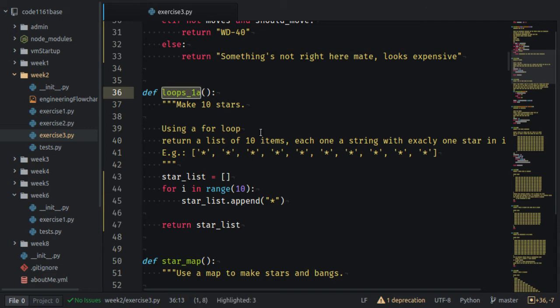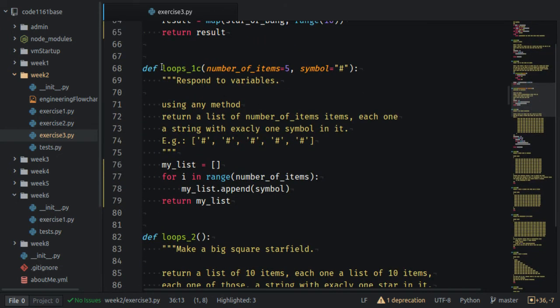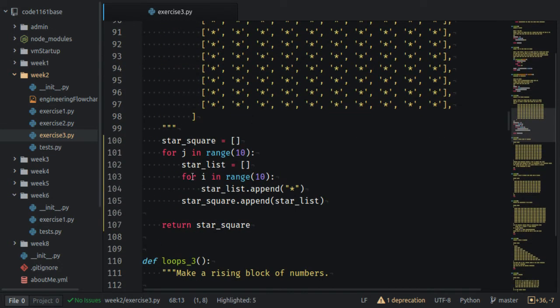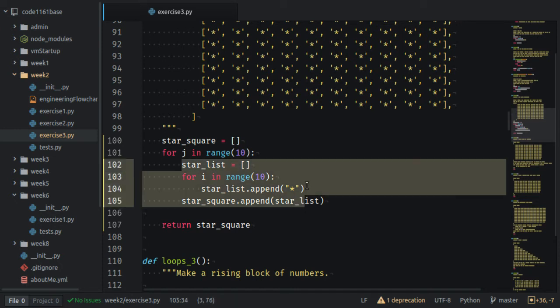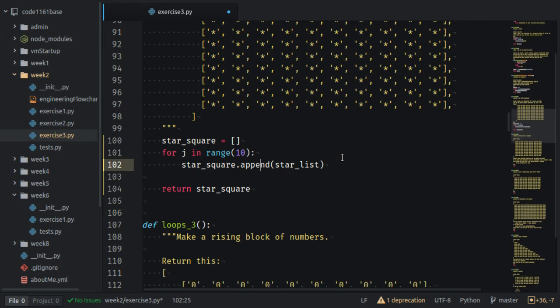So we could use that, or maybe more flexibly, we could use loops 1c, because we can tell it how many items and what symbol we want. So here we're making a list, filling it up, and then returning it. So we can actually just get rid of all of that, and then get rid of star list,